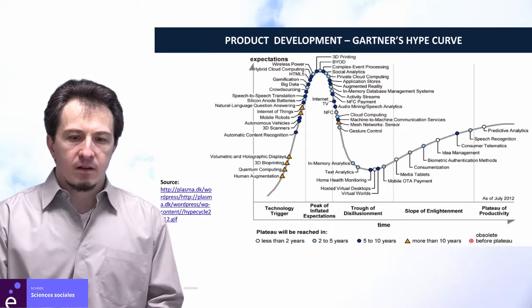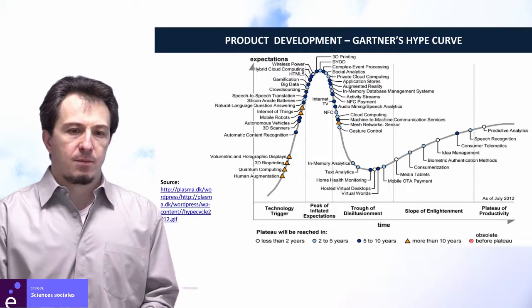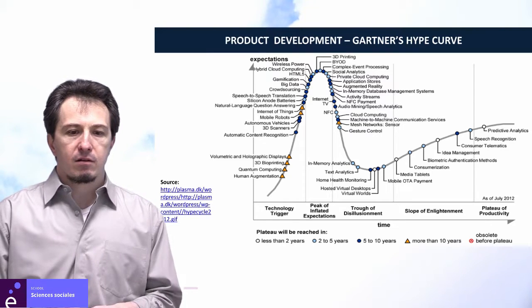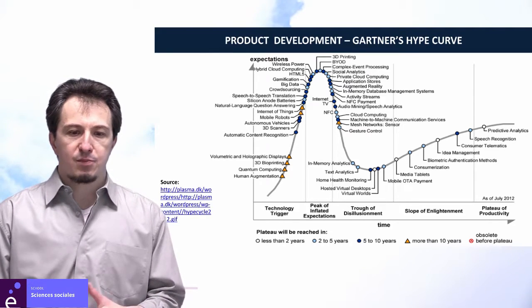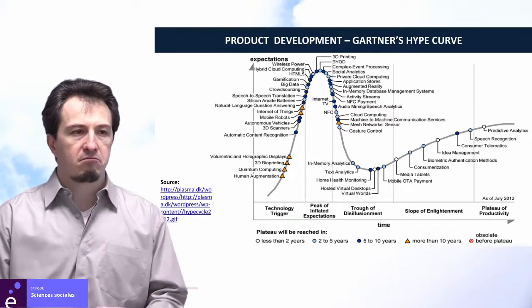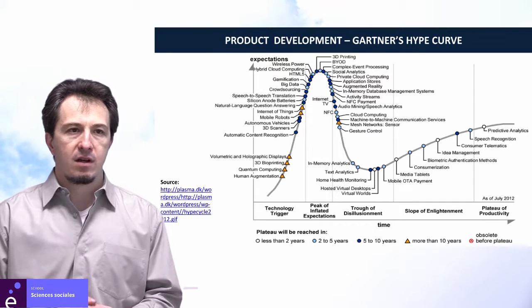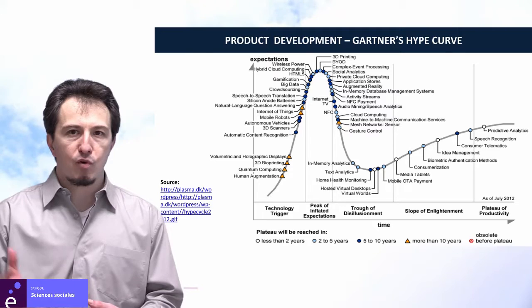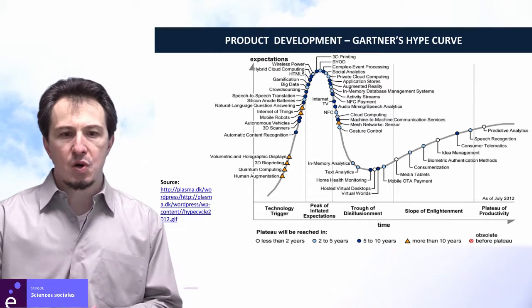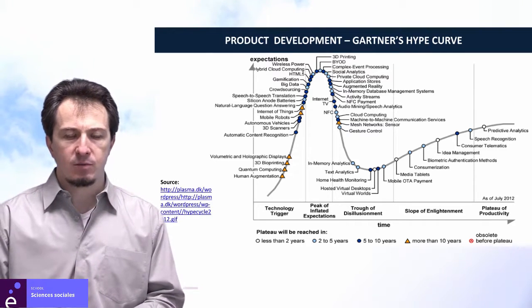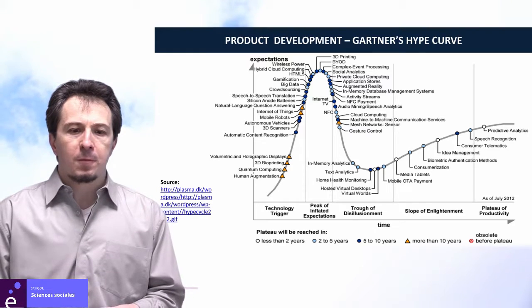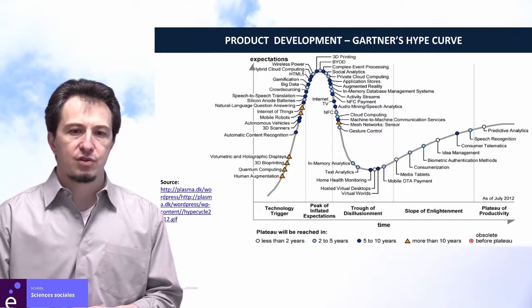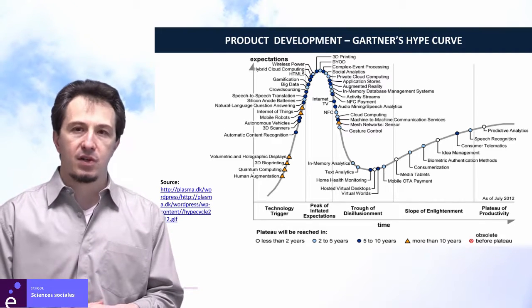Now, if we take a step back to understand the perspective, let's see what happens when you have a product. Roughly, let's say you have a first version, you have it on the market, and you will develop it more in the future, but it works. So you want to expand on the market. What happens? Well, there is a pattern, and it has exactly this shape, which is called the Gartner hype curve,